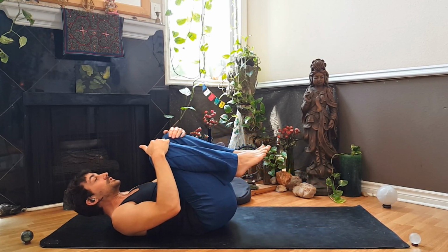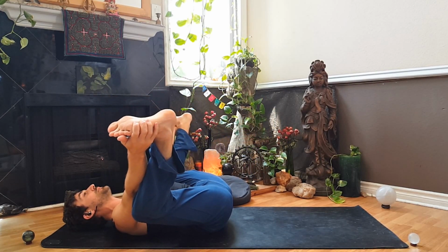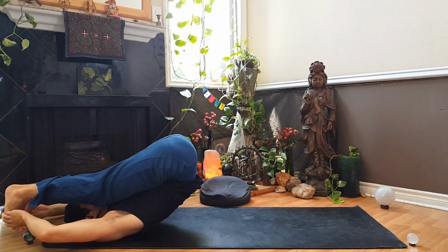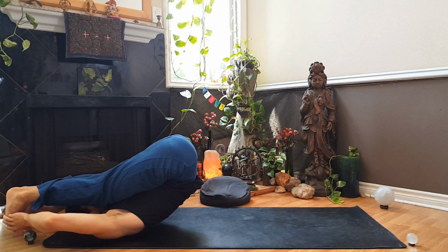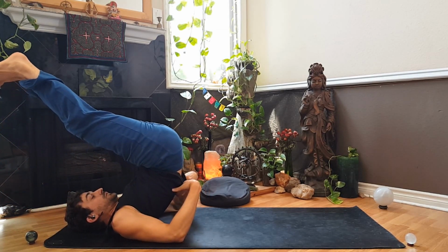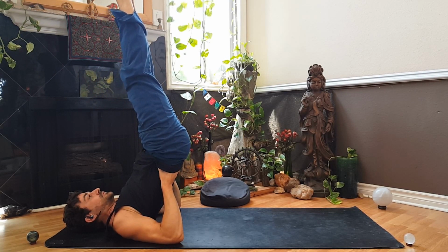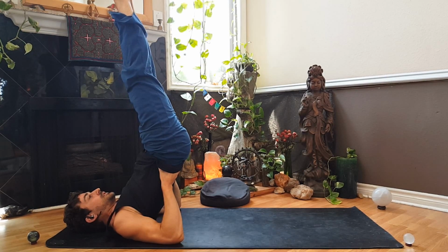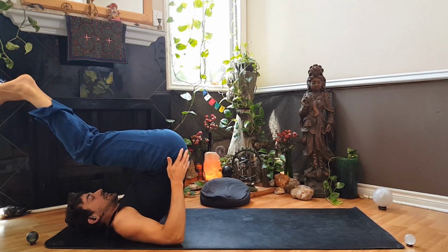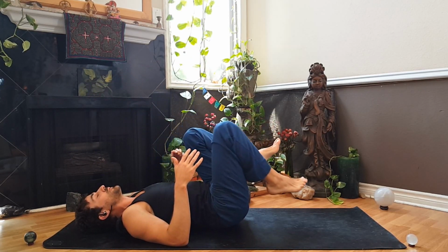And we'll pull the knees into our chest. You can either go the insides of the knees or the outsides of the feet for a happy baby. Or if plow is in your practice, send your feet up and over. If you would like to invert, grab a shoulder stand. And as you feel ready, rolling down,